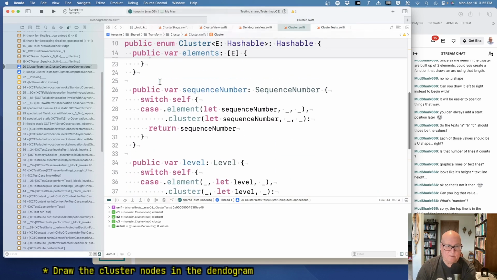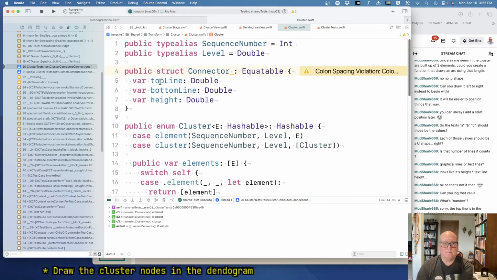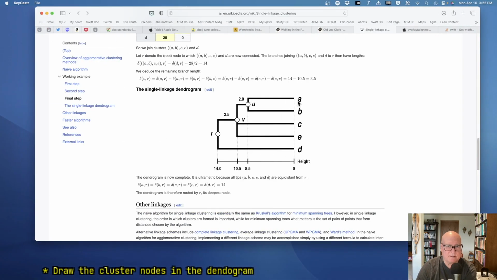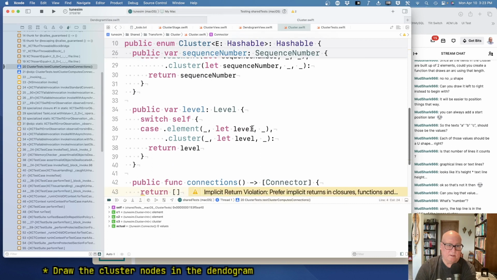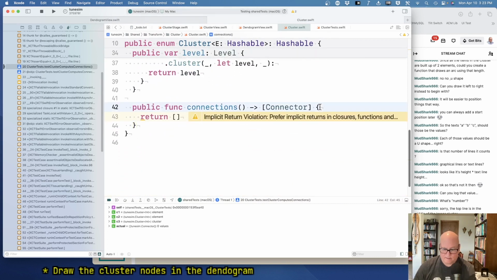Now, I think we've actually got a singular case. The first one is the only one where the bar lines are the same height, I think. If I'm connecting two elements, it should be the same height. Okay, so all right. So I think